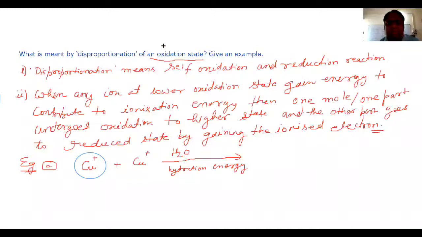So it will lose electron and this will gain electron. As a result, this will form Cu plus plus